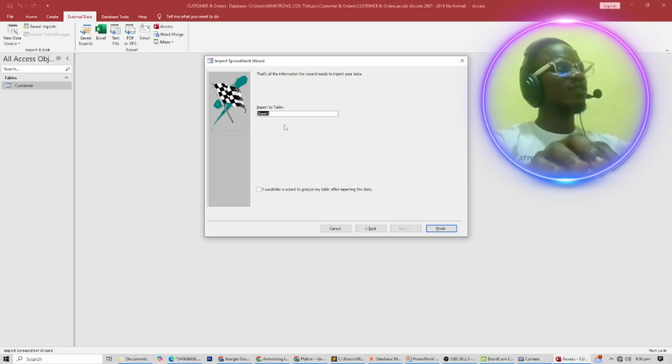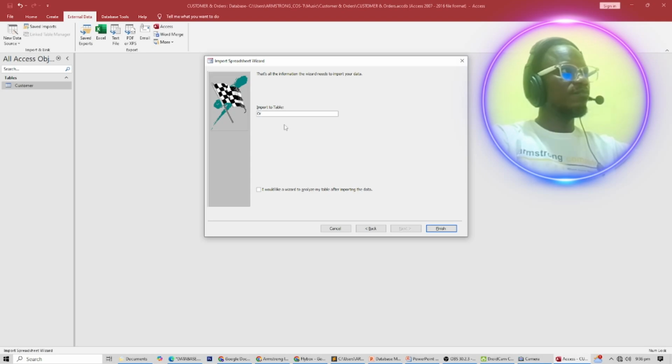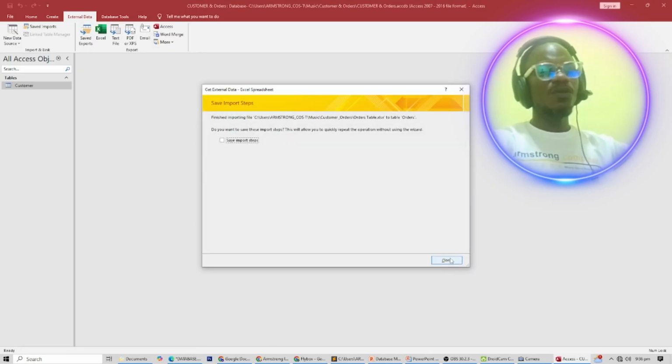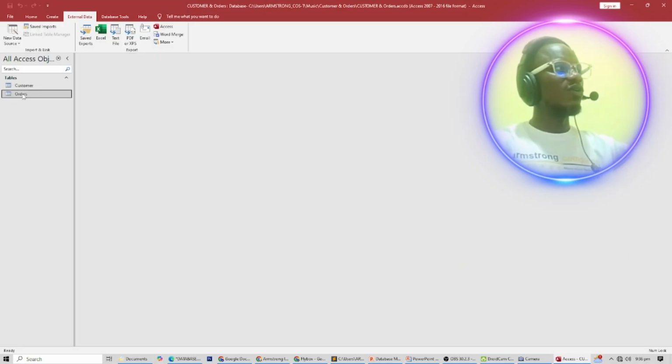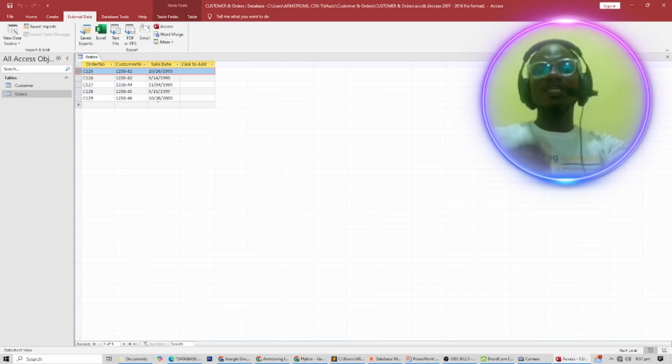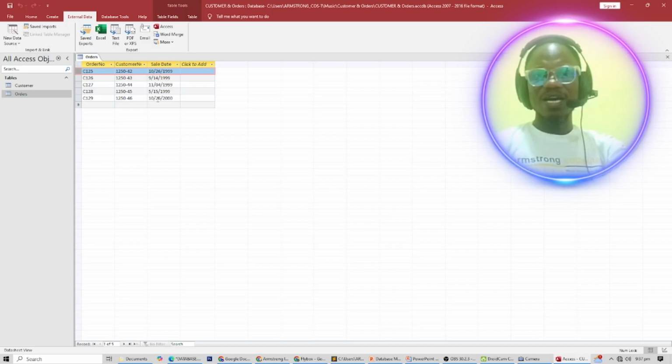So we are going to call this order or orders. Then go ahead and click on finish. Close this, and you can see the order table is also inserted nicely. Okay, now we are done inserting our tables. The next thing we are going to do is establish a relationship between these two tables by creating